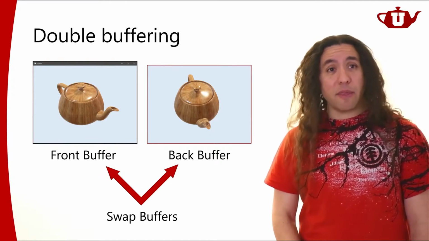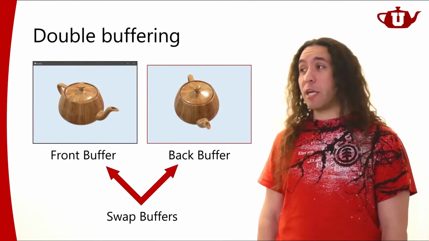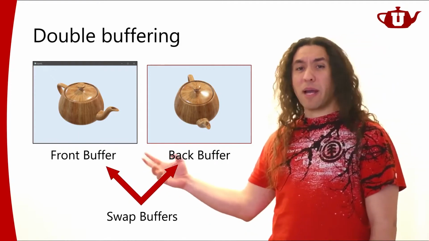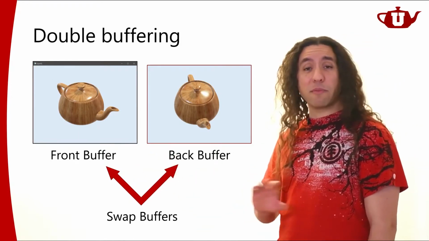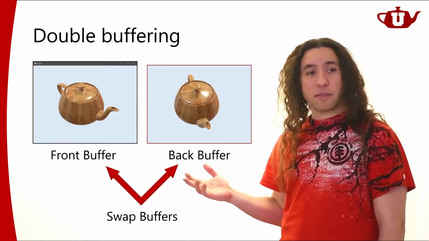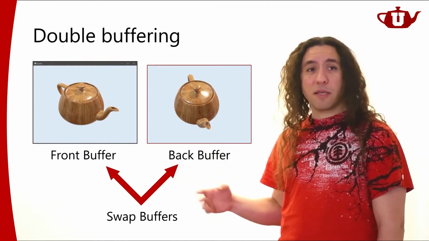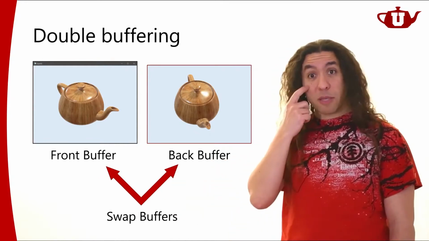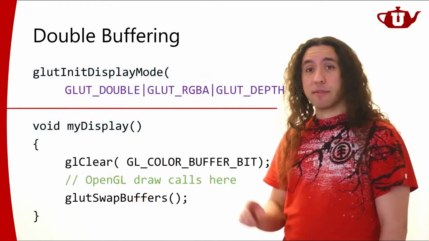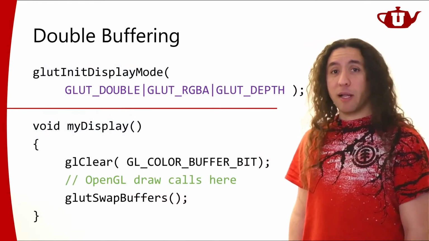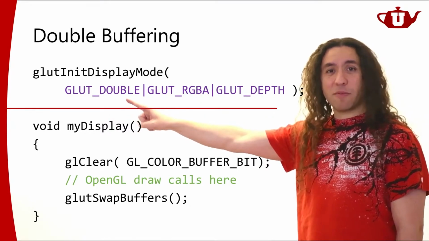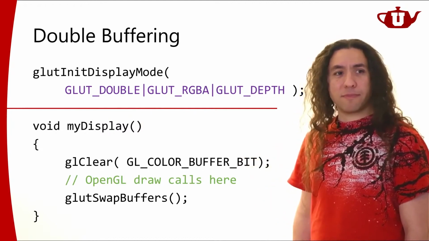GLUT will not, by default, give you an OpenGL context that has two buffers. You kind of need to create these buffers and initialize them and all that, but GLUT will take care of all that stuff for you. You won't have to worry about it. You just need to tell GLUT that you want double buffers. And when you have animations, you really should use double buffers because you don't want to display an unfinished image to the user. So we're going to tell GLUT that we want to initialize OpenGL with double buffers. Remember this? This is double buffering. That means that I'm going to be using double buffers.